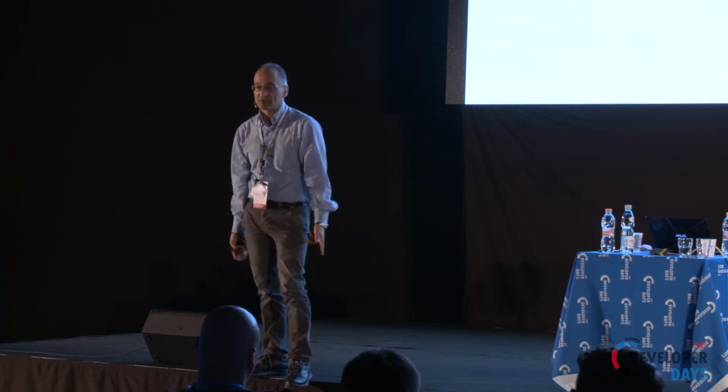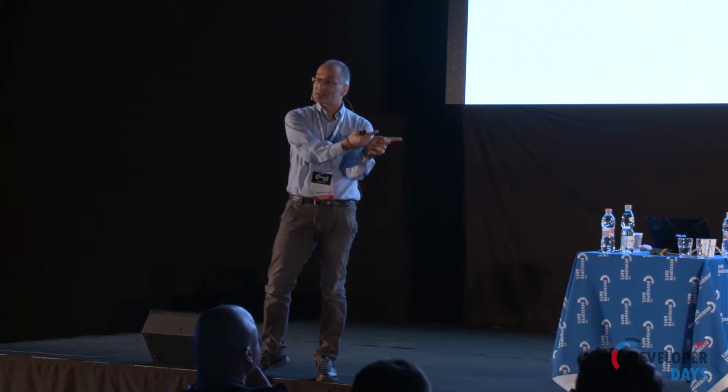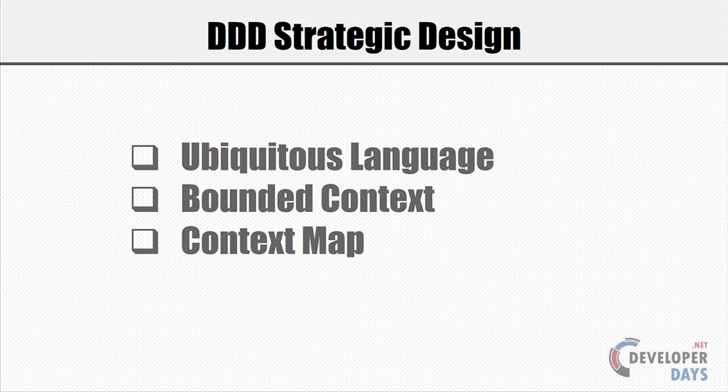Then in the second half of the book, Eric attempts to give some theoretical justification for the practices he introduced in the first half. And then he talks about something he calls strategic design, and he introduces ubiquitous language, bounded context, and context map. And in that talk, he says, if I had to rewrite the book now, I would swap these two types of content and first tell that DDD is mostly about this,